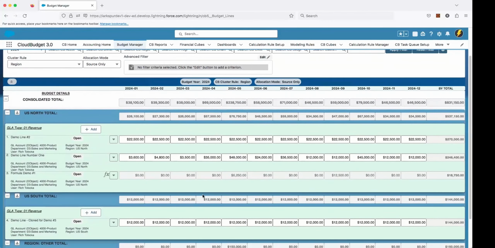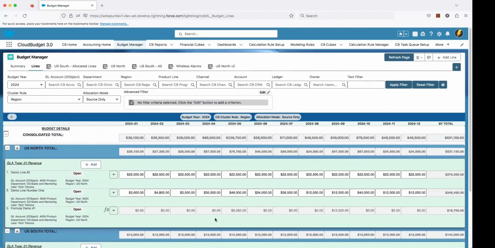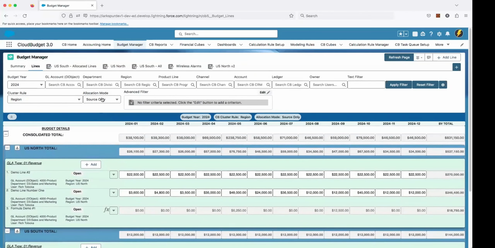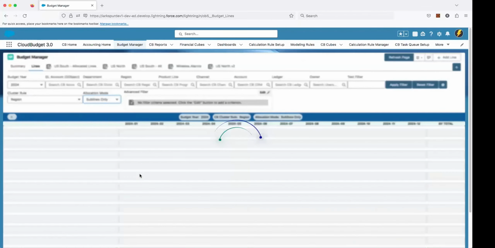And we can take a look at how this played out on the budget. So in this particular view, which is our default view, which is called source only, you're going to see the allocation at the top level, the unallocated amount. You can see it actually got put into an other region because I didn't specify it. So that's an interesting kind of use case. In this case, we've taken the allocated dollar amount and sort of stuck it off into its own particular uncategorized area. And if I come up here and switch to a subline view,